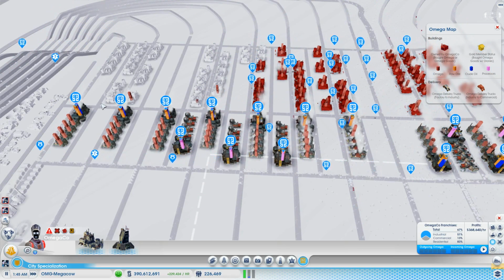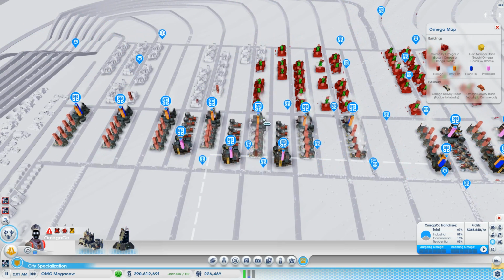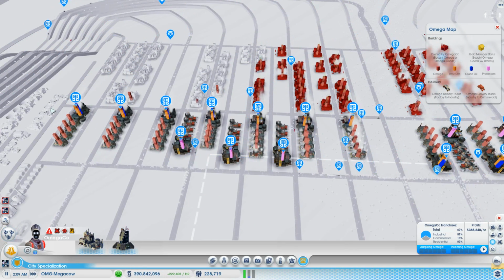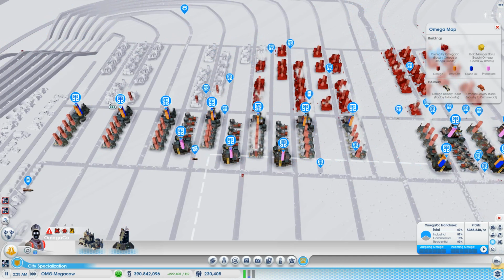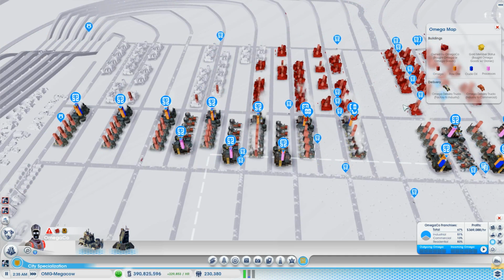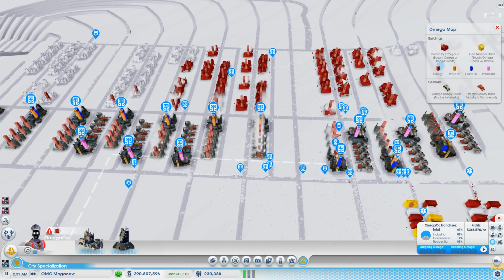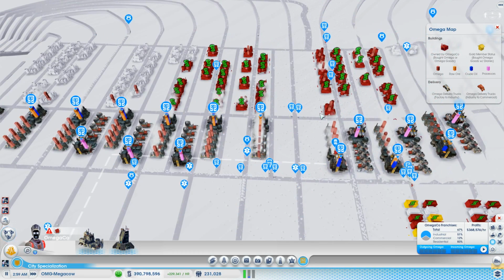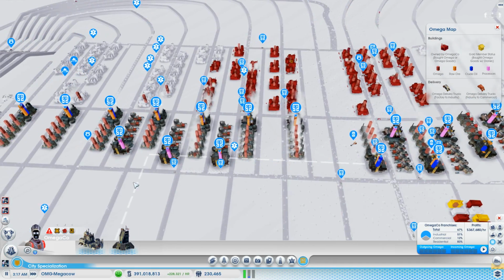If it doesn't, I might have to change this second road back to two-way again, because this was working fine before I changed these two roads to one directional, and I think it's screwing with their pathing. They seem to get drawn into this centre section, and then they can't get themselves out of it very easily. But yeah, it is what it is.